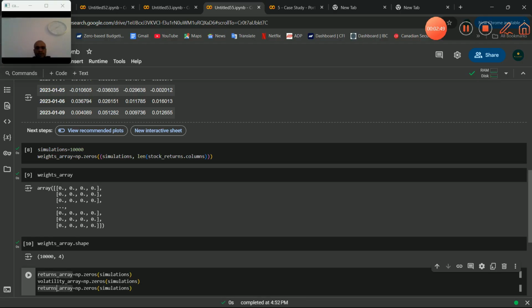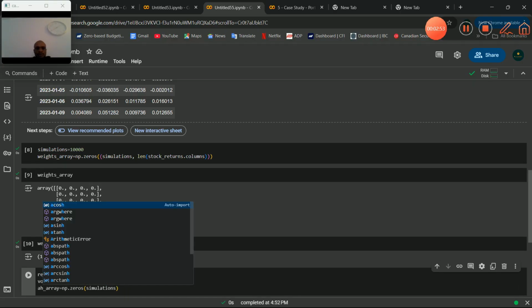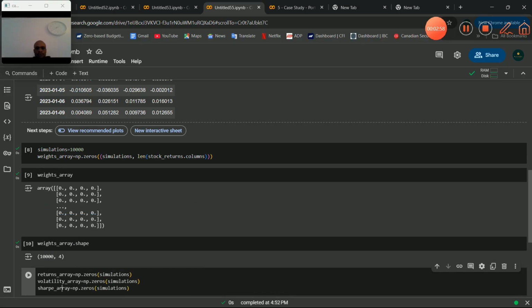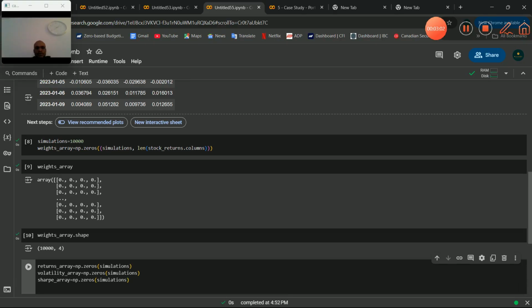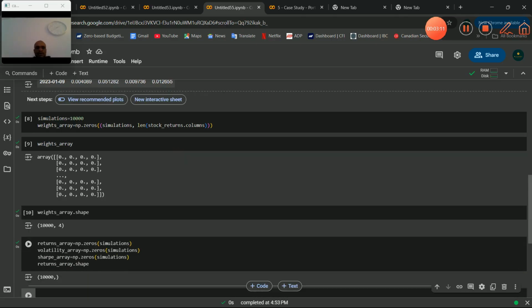And let us edit this to be Sharpe array. As you can see, if we run this, returns array.shape, you can see that we just have 10,000 rows there. So having done that,